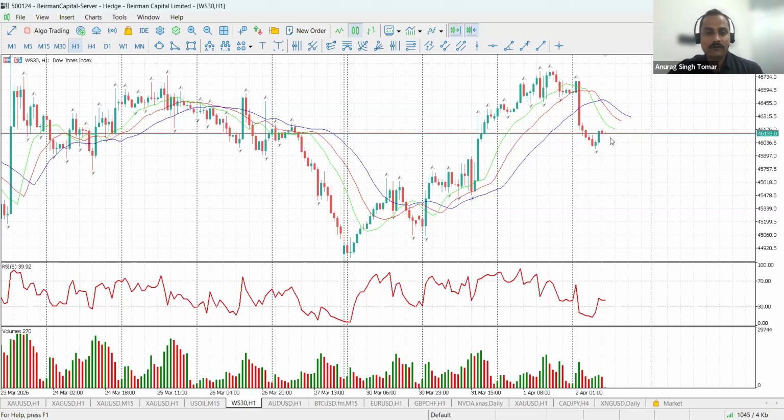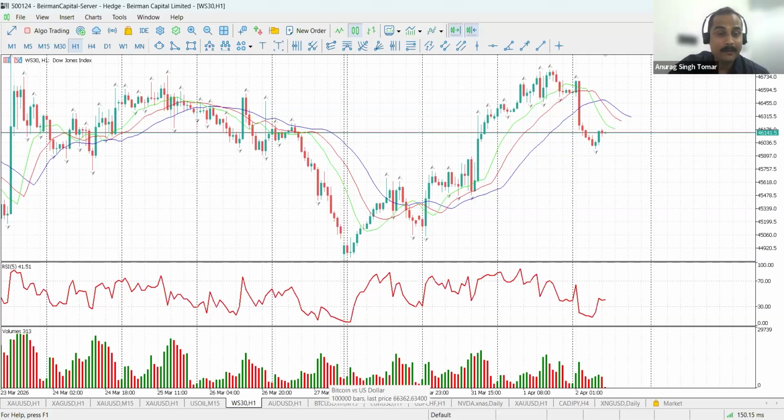So that is the way to use the alligator indicator. I'm a very huge fan of Bill Williams, and I use a lot of indicators developed by him. It's your choice whatever indicator you want to use, and for strength, I use the RSI. See, I'm not taking any trades. We have a very good imbalance. I wait for the prices to come into this imbalance area, which is overlapping with my alligator also. If I find any kind of reversal, I will take a sell toward the downside, because all the geopolitical events are supporting the same thing.